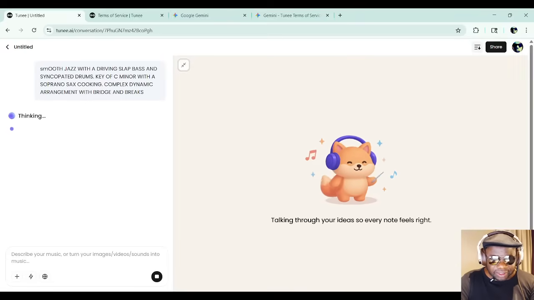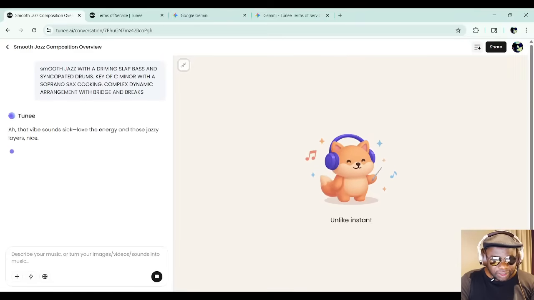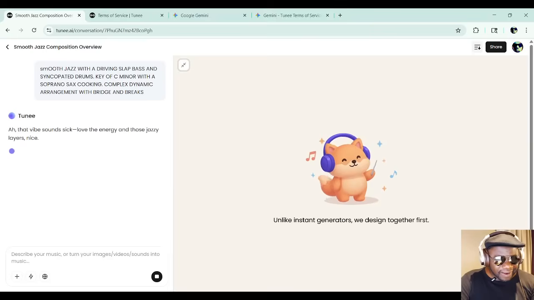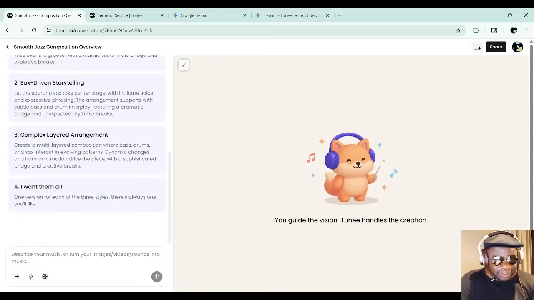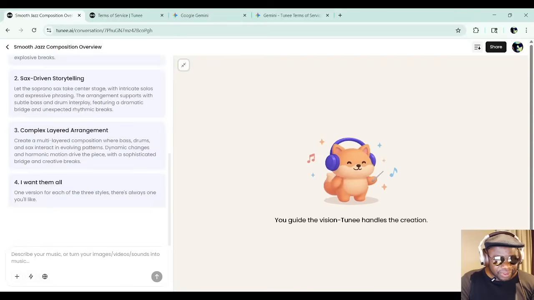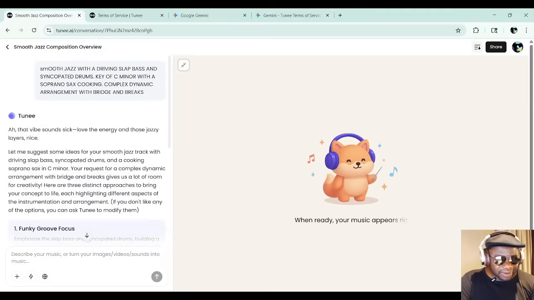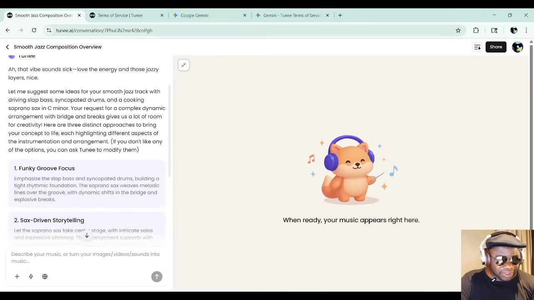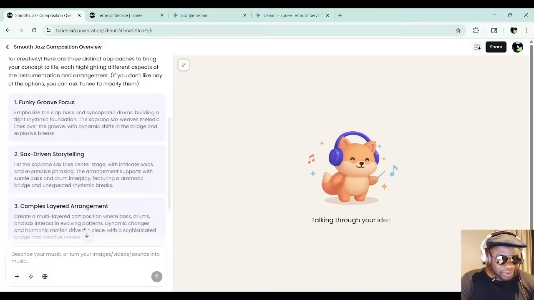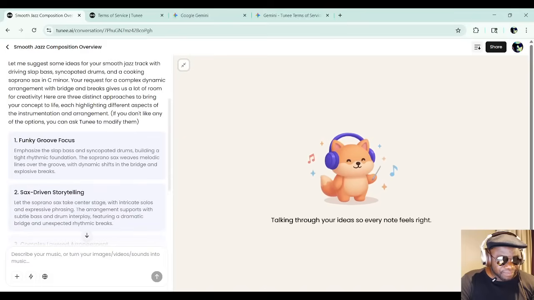Comes up with this cat conductor. Oh dear. That vibe sounds sick. Love the energy. And those, what did it say? Jazzy layers. Let me suggest some ideas. Okay, and it says,